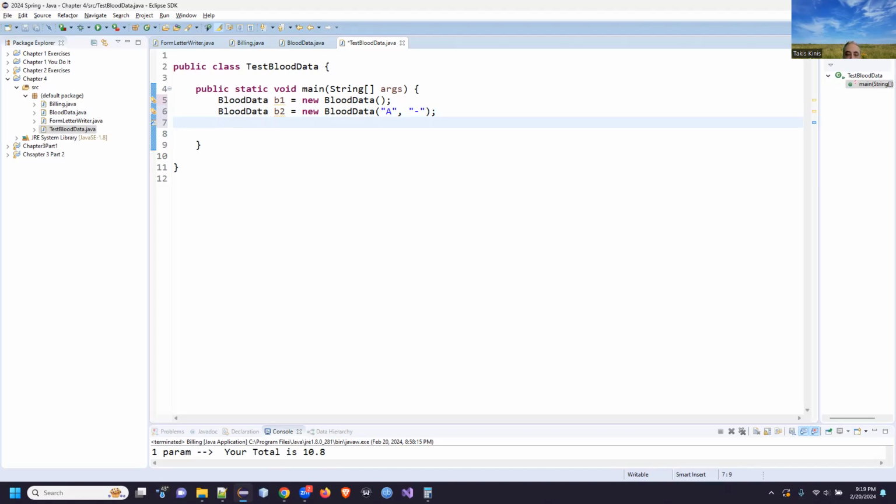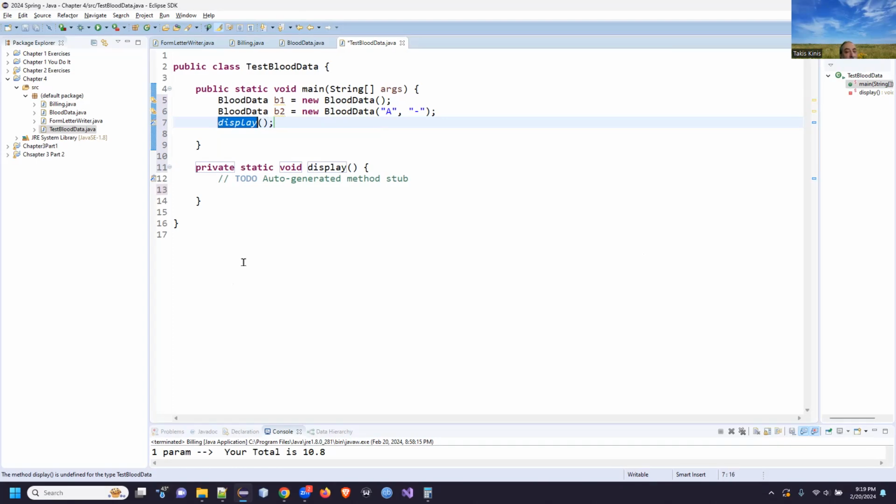Right. So now we want to show what's in these objects, and you know what? No matter how many of these we create, the process for showing what's inside is the same. So what I'm going to actually do is create a method called display, both to get practice making methods and also to cut down on the amount of code I'm writing. And I just created the name of it first, and then I'm going to let the automatic tool here in Eclipse